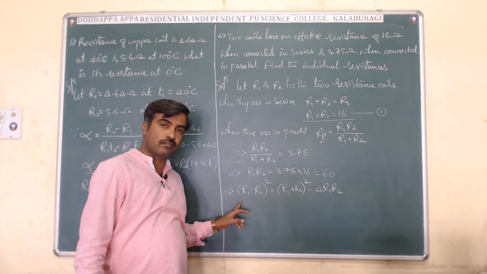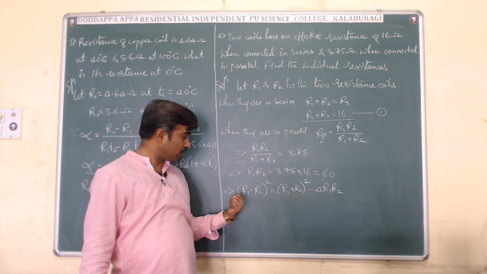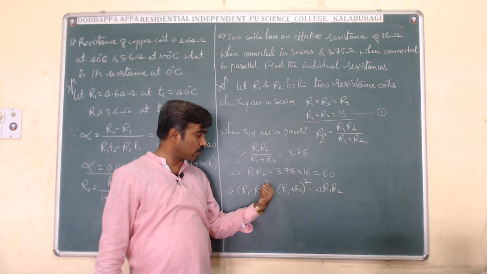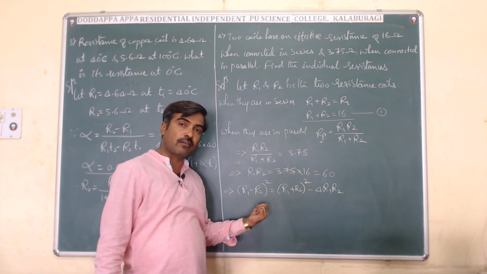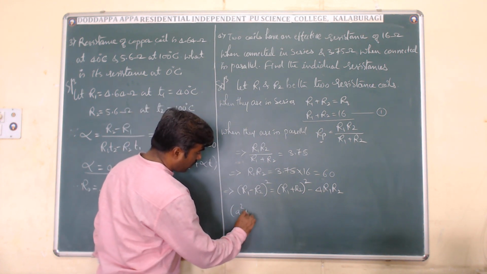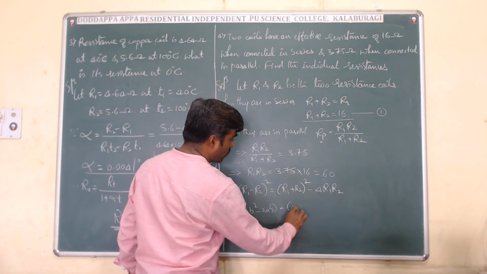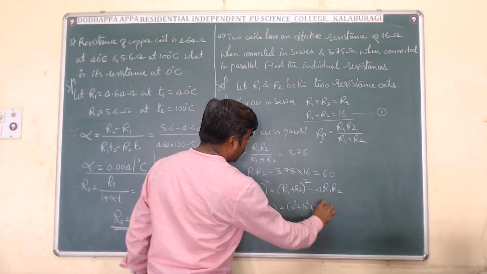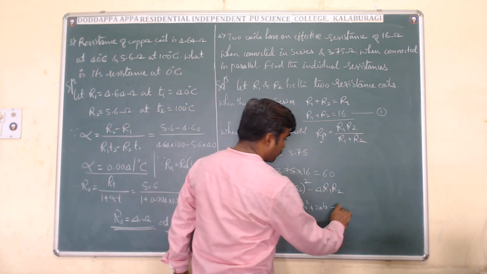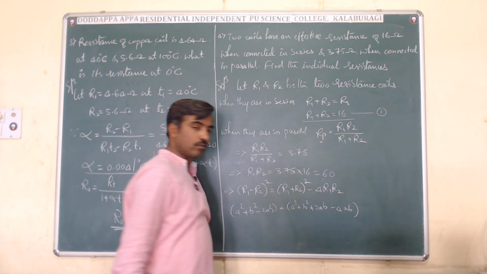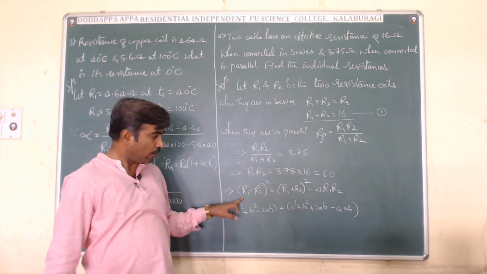Now it is equal. I can balance these two equations. On the left side, R1 minus R2 whole square, that is A minus B whole square, gives A square plus B square minus 2AB. This equals A plus B whole square, A square plus B square plus 2AB, but additionally I subtracted 4AB. So plus 2AB minus 4AB is again minus 2AB only. Likewise, I have balanced the equation here.